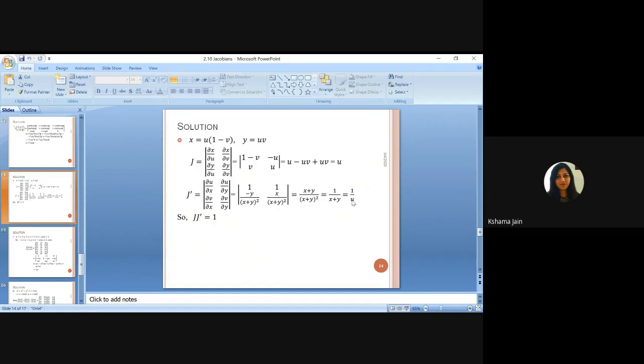Solving the determinant, J dash came this. So J was this, J dash is 1 by u. Multiply them together, you will get 1. Our theorem is proved. The difficult thing is, I know, here you will have to convert these equations in reverse